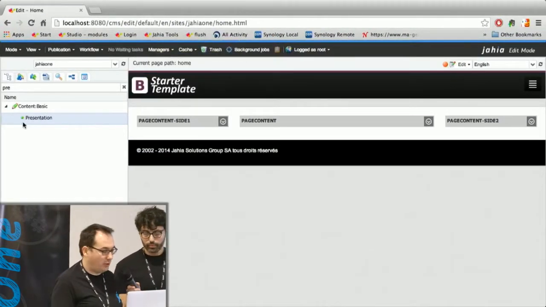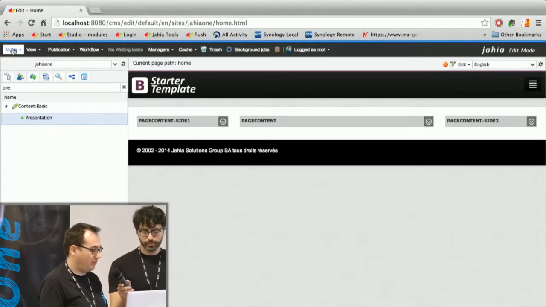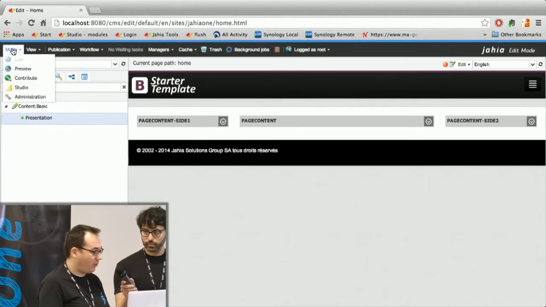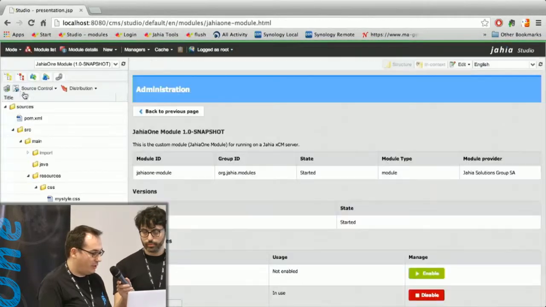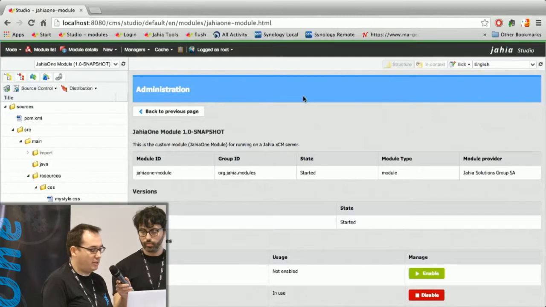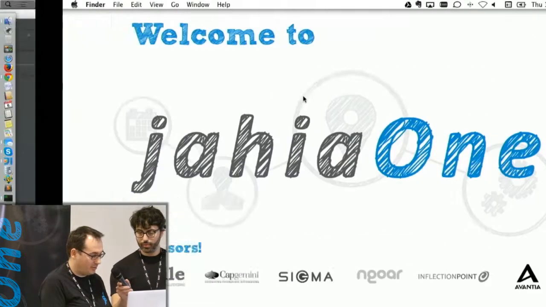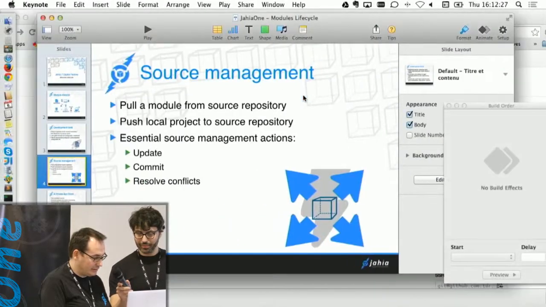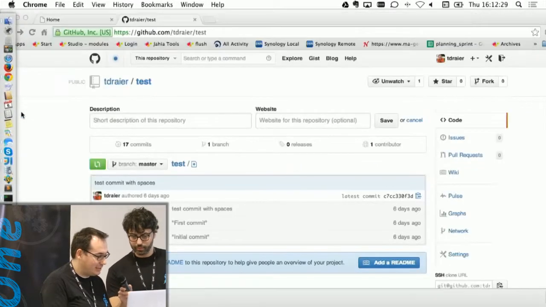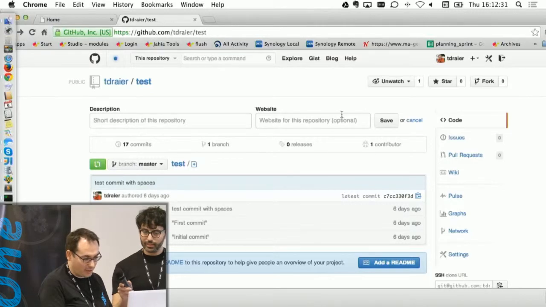Okay, so previously we created a module, and the first thing we want to do is to link it to a source repository. So in order to do that, I will go back to my module, and I will create on GitHub a new repository. Yes, here it is. So the first thing I will do is to create